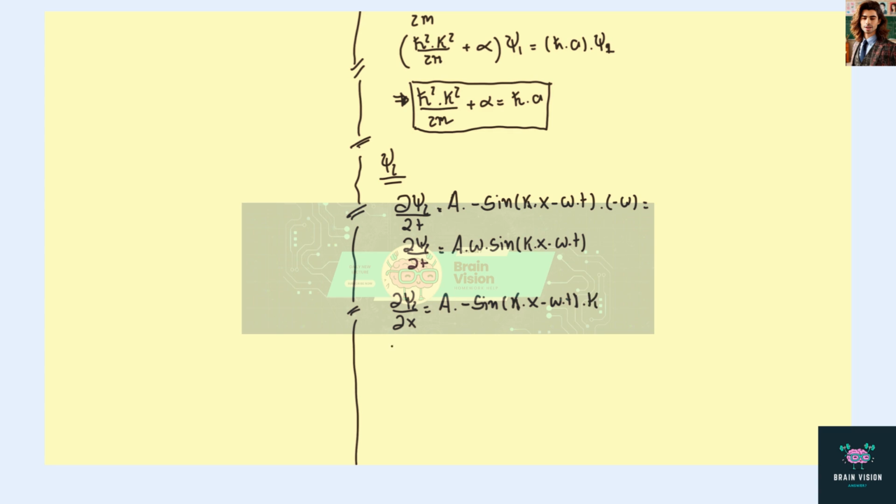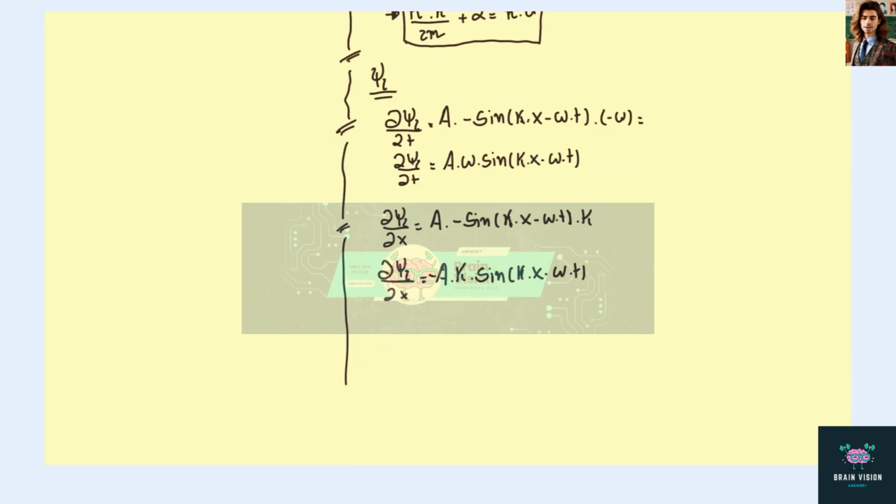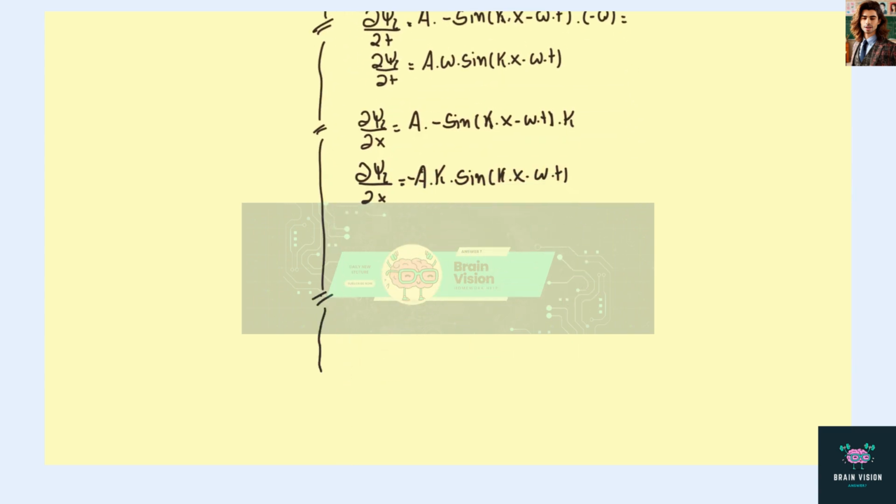And then this is equal to minus a times k times sine of k times x minus omega times t. Now we have to actually calculate the second derivative, as it's not trivial to see the value of the second derivative only by looking at this expression. So for the second derivative,